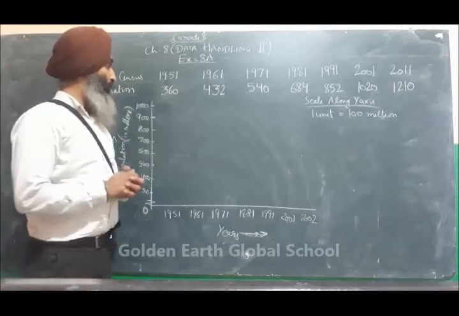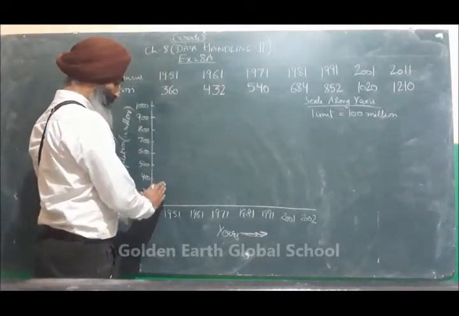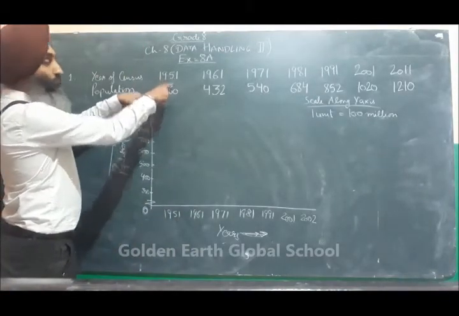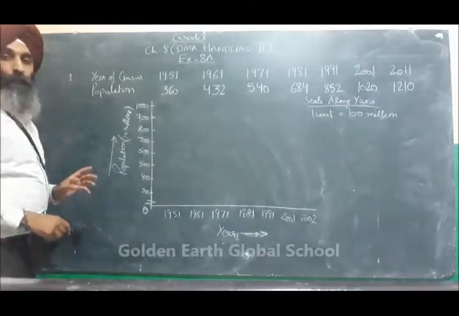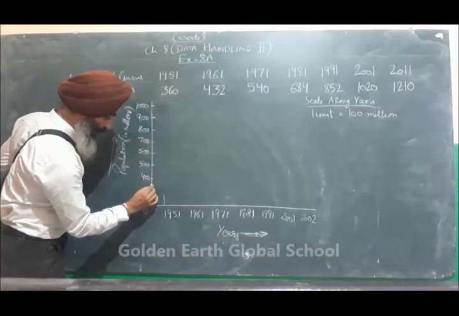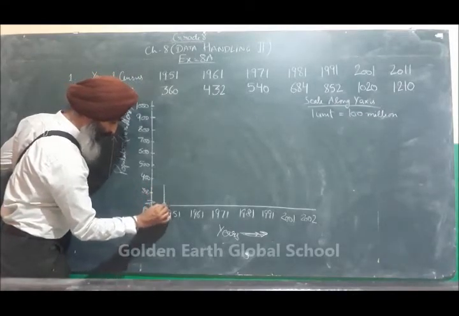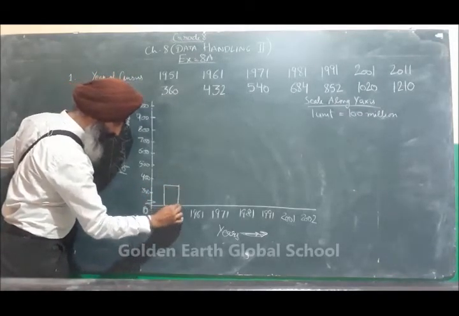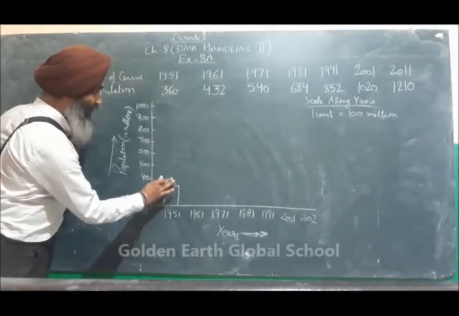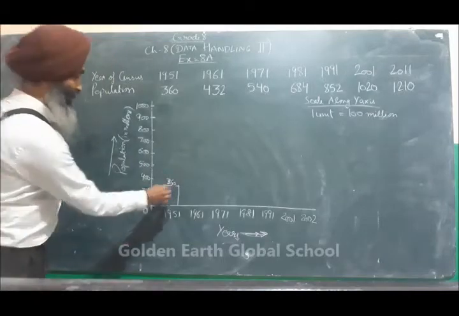Okay? Now doing the question, you have to make a bar graph. So bar graph means you have to put the rectangular bars on this space. So first is 1951. There are 360 million people. So put 360 million. It is 350 and a half. So when you do it on graph paper, it will come exactly. So make a height of 360. You can also mention 360 at the top of the bar.